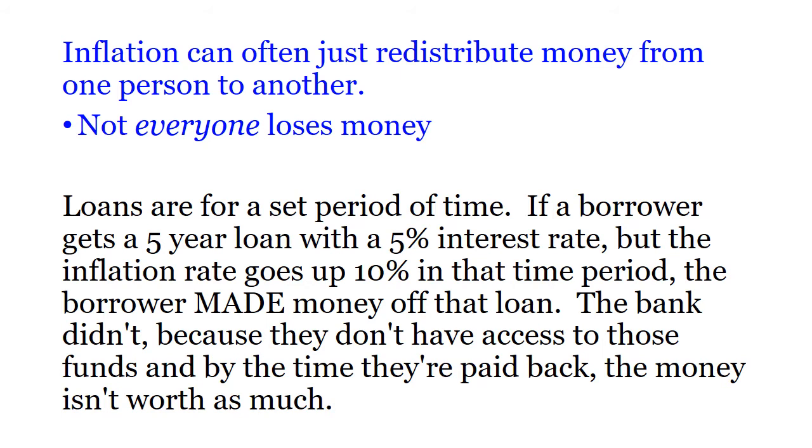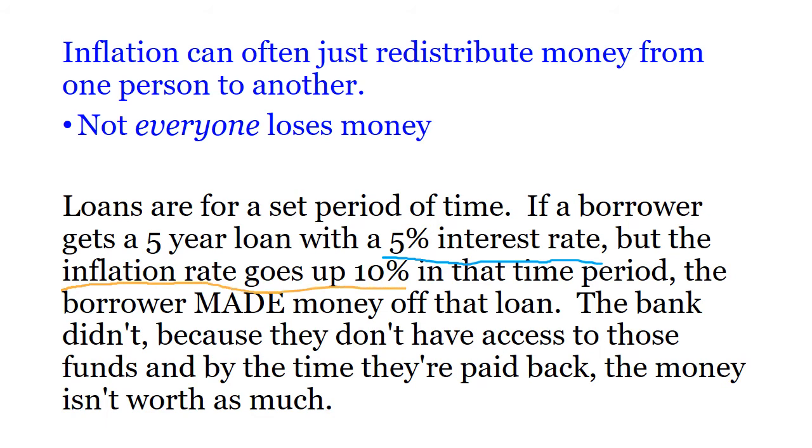Loans have a set period of time. So when you agree to a loan, car loans tend to be 5 years, student loans are 15, home loans are 30. So these things are locked in. So let's say you get a 5-year loan with 5% interest. That means at the end of that 5-year term, you have paid back that money plus 5% interest. But if inflation is higher, the inflation rate is 10%,